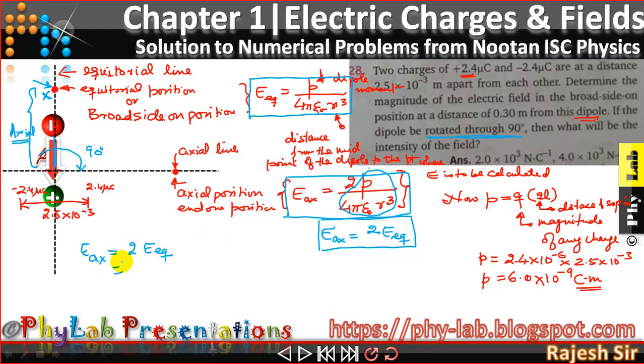Now what was the electric field that we found earlier? Because the earlier point was at the equatorial position, that was 2 into 10 to the power of 3 Newton per coulomb. So this will now be 2 times that value. So 2 into 2 into 10 to the power of 3 Newton per coulomb, and the result now becomes 4 into 10 to the power of 3 Newton per coulomb. So that is now the electric field for the second part, friends. I hope you have understood how to solve this particular problem. This is a very good and interesting problem which requires you to understand the basics about the equatorial position and axial position of any dipole, friends.